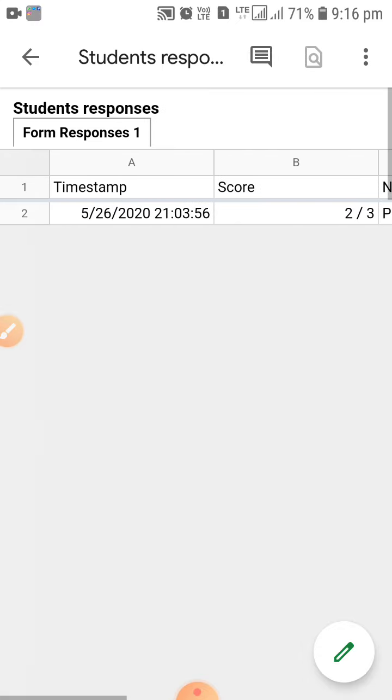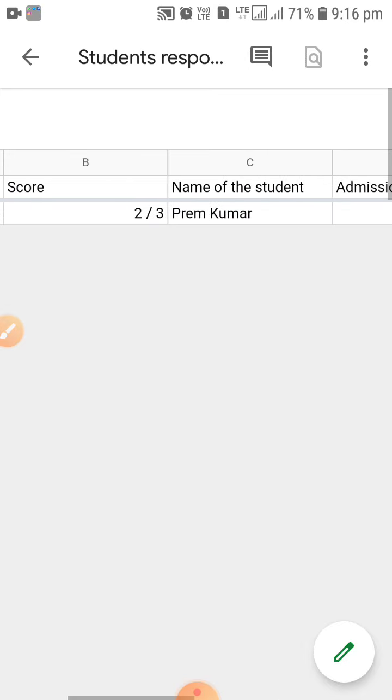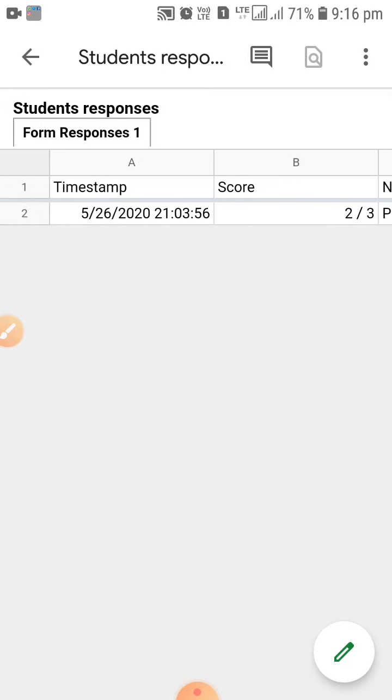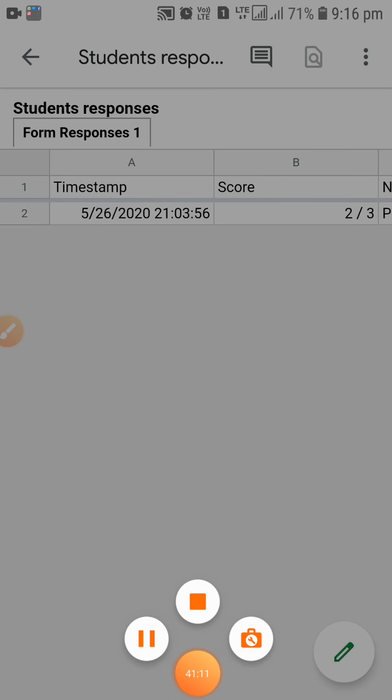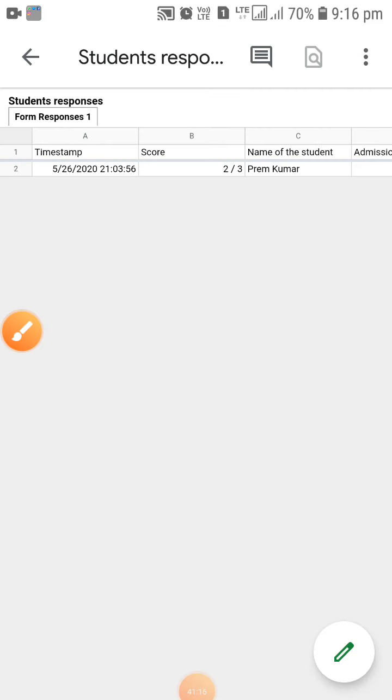And suppose you want to share this particular Excel sheet with someone, you will have to click on these three dots again. If you want to share it with someone, click on that.